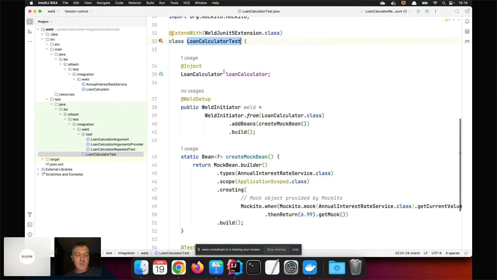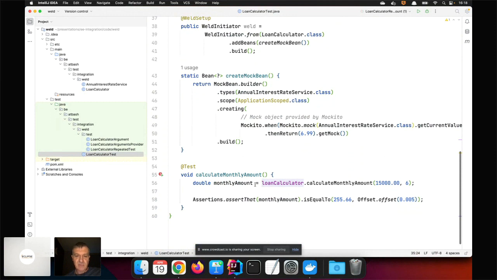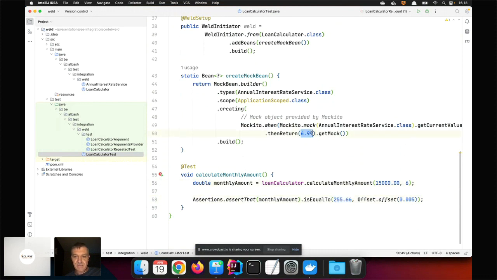This test becomes a CDI bean on its own, so I can inject my class which has the calculation. So calculating and testing my functionality becomes quite easy by just calling the method on the instance, providing it with values, and I have a reference value that with those two input values and the 6.99 as an interest rate value, I should have a monthly amount of around 255 euros. So if I can run this,